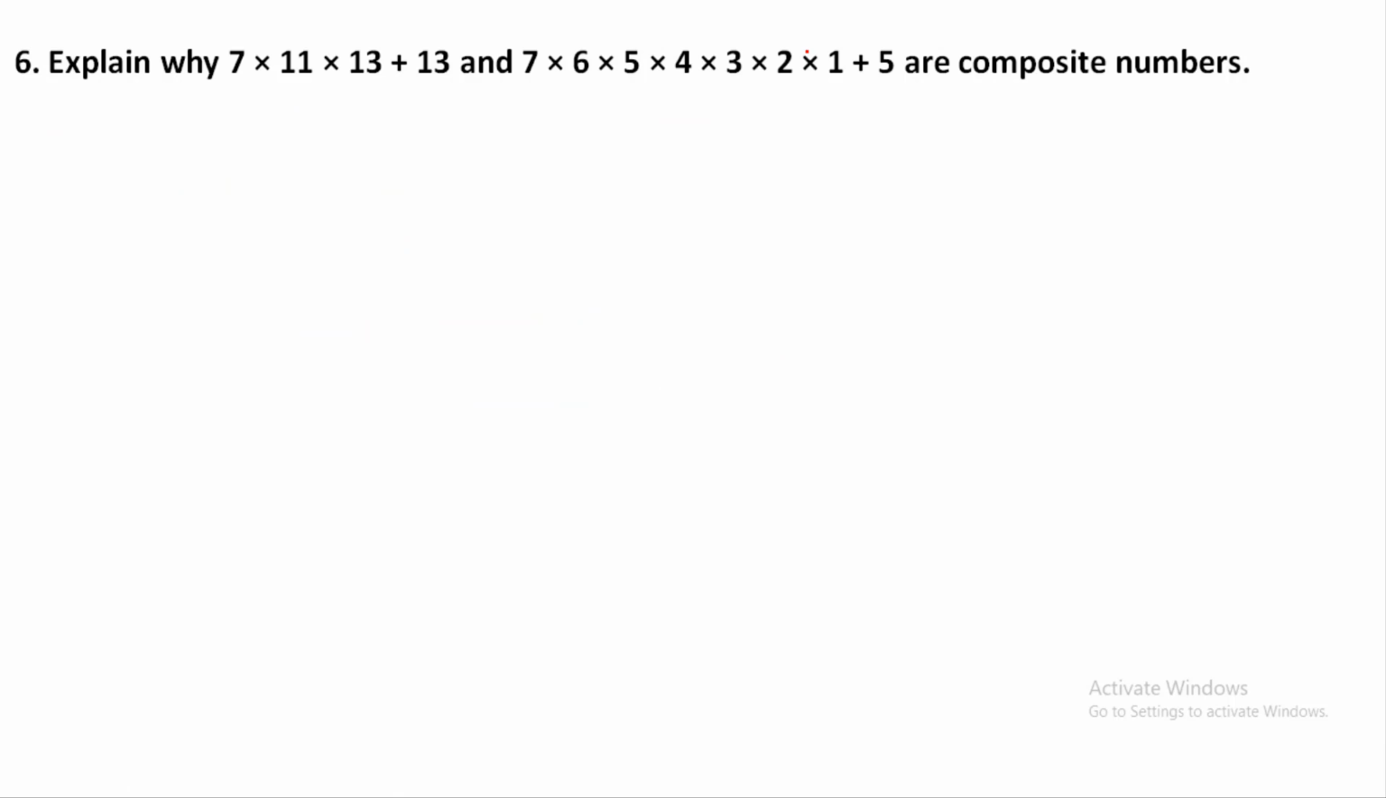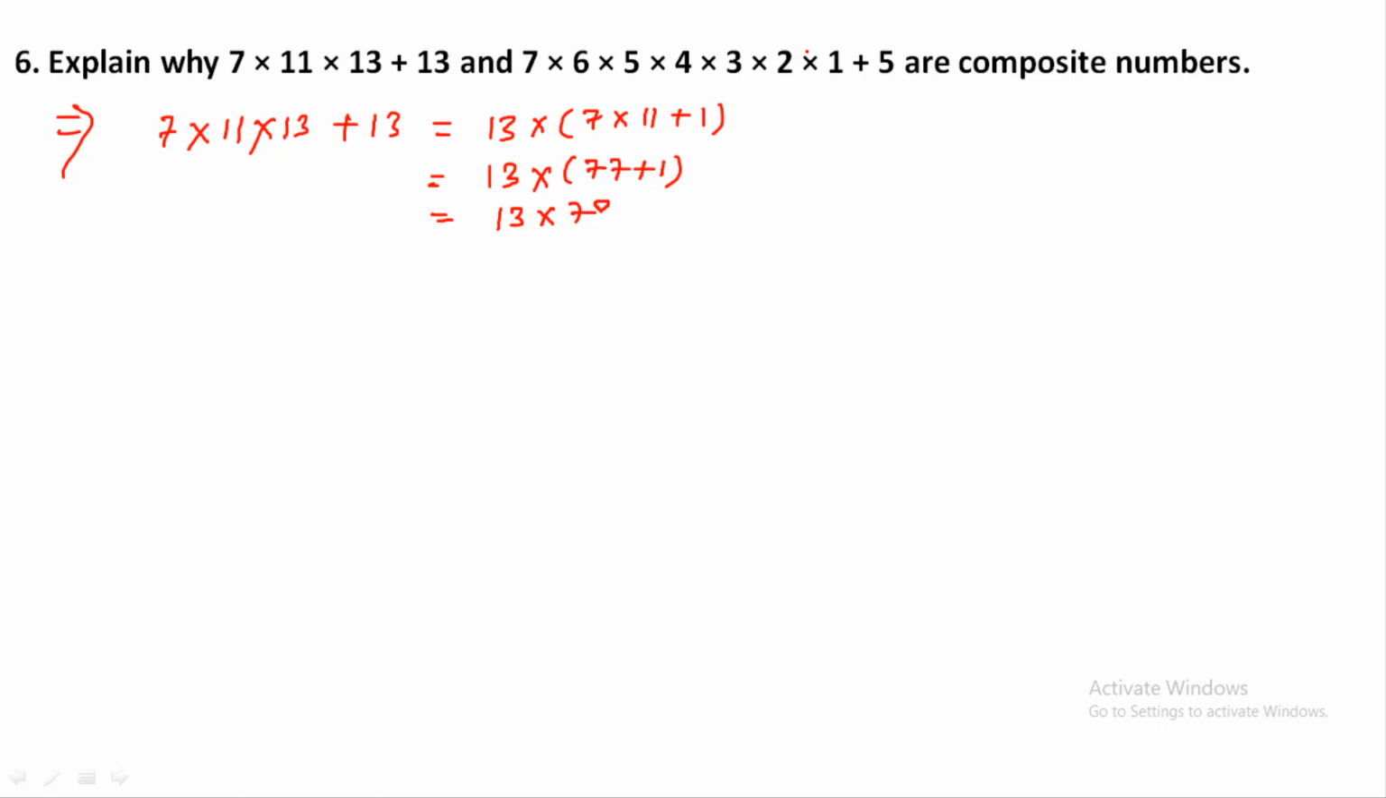Explain why 7 into 11 into 13 plus 13 and 7 into 6 into 5 into 4 into 3 into 2 into 1 plus 5 are composite numbers। ये composite numbers क्यों हैं, ये हमें explain करना है। तो 7 into 11 into 13 plus 13, so as we know that composite numbers have more than 2 factors। ओके, कंपोजिट नंबर्स में क्या होते हैं? मोर देन 2 फैक्टर्स होते हैं। तो बस हमें वही प्रूफ करना है कि भाई इस नंबर पे मोर देन 2 फैक्टर्स हैं। सो वी कैन टेक हियर कॉमन 13। हम यहाँ से क्या कर लेंगे? 13 हम कॉमन ले लेंगे, तो वी गेट हियर 7 into 11 plus 1, which means that we get 13 into 77 plus 1, so it means that 13 into 78।